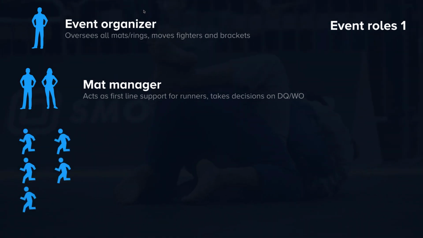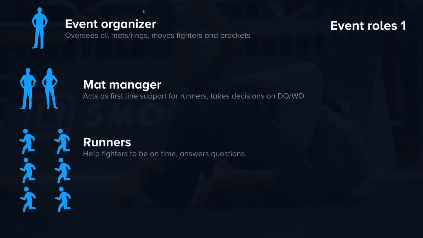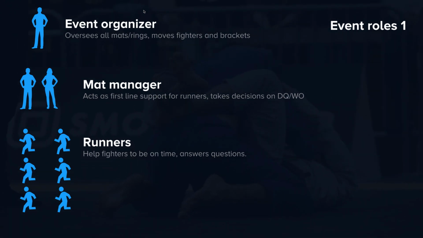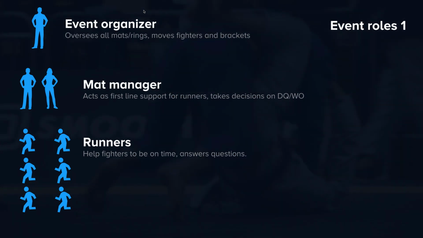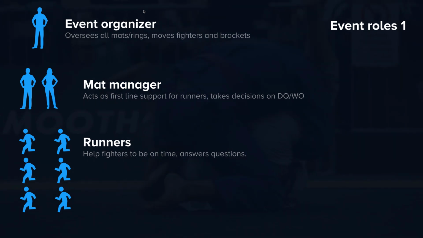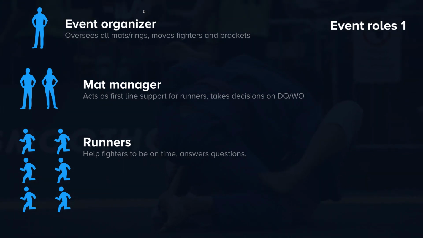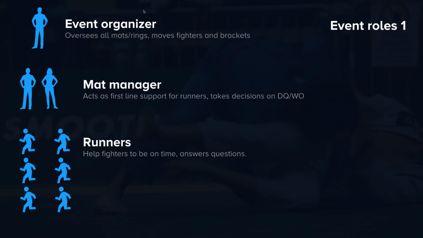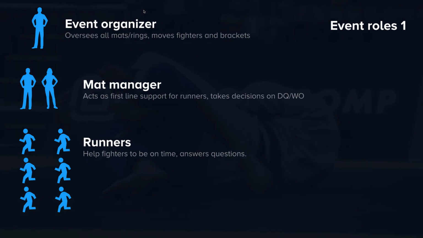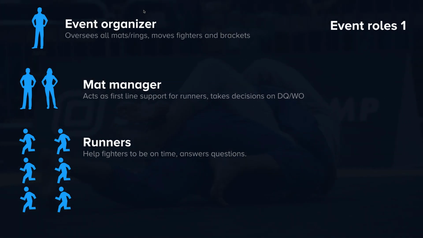So, of course, runners, a couple per mat. They will be there making sure that you have a steady line of fighters showing up on the mat so you don't end up with empty mats. Try to be efficient in events. This will be appreciated by your fighters. And be there for them, ask questions, tell the runners to teach your fighters how to use their own account so they can follow themselves on their own devices. It's much easier for the fighters to see the times on their devices than on the TV screens. So the runners should help train your fighters.